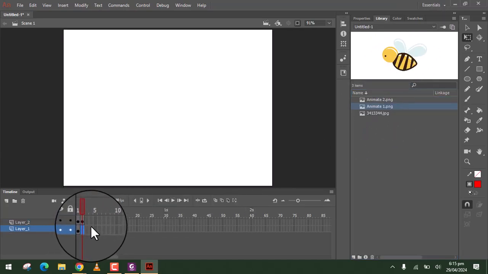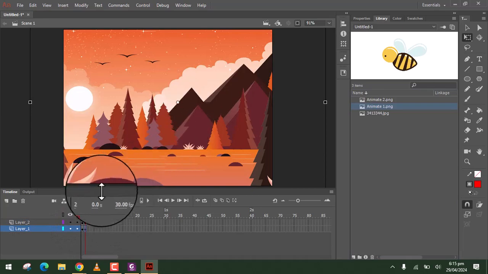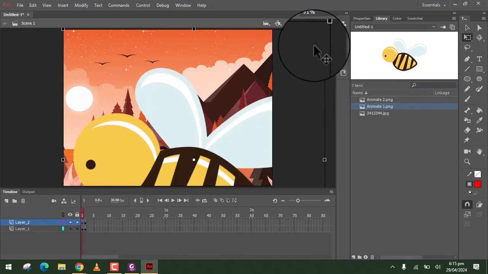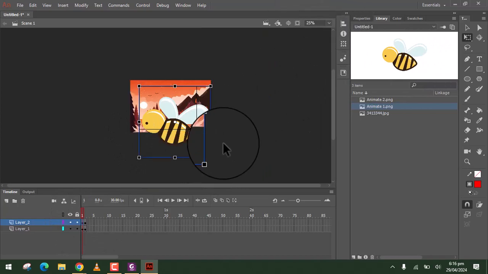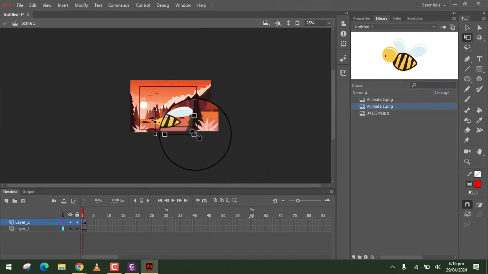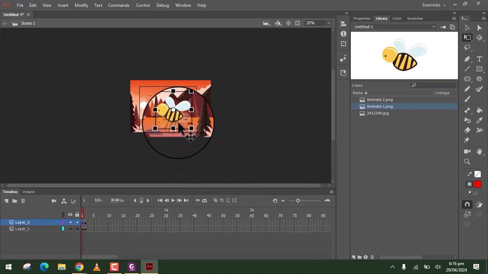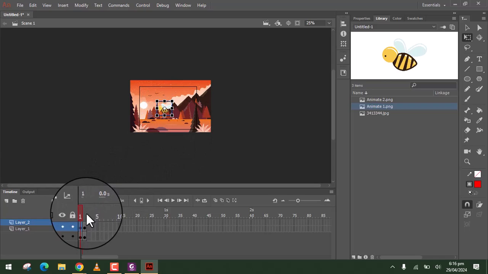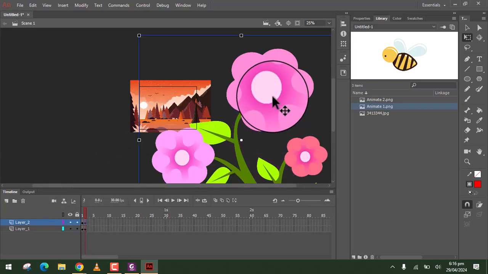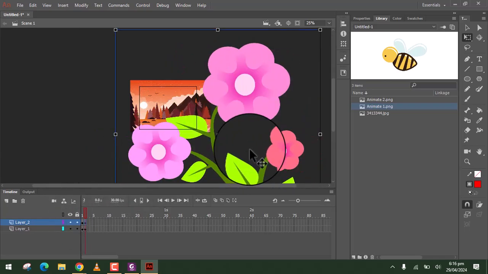So I will add this one, F6. So let's zoom out and then cut this one. I have the bee. Once I proceed here, I have the flower. So I will remove this one.